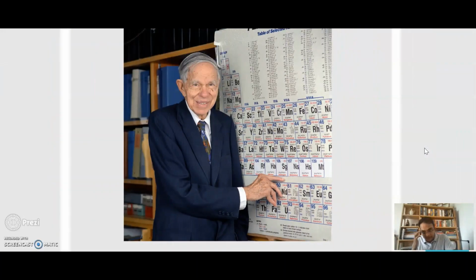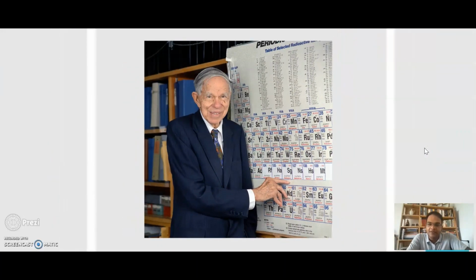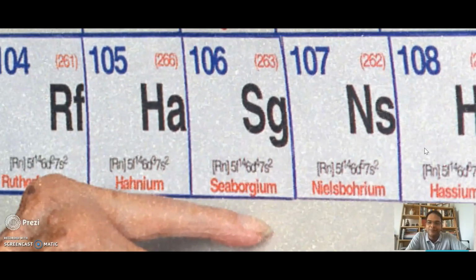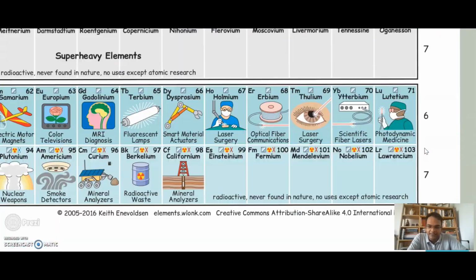And look at this image. This image shows Professor Seaborg pointing at a periodic table which has the element Seaborgium in it. And no one before him had the honor to do so. So that's an amazing thing that Professor Seaborg had achieved. But the story is that how Professor Seaborg dominated the periodic table, and especially the actinide series.